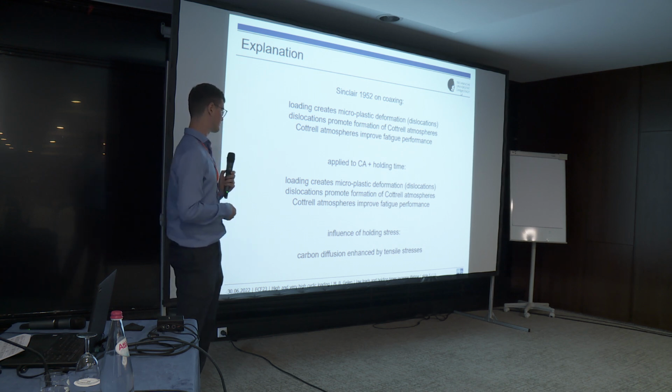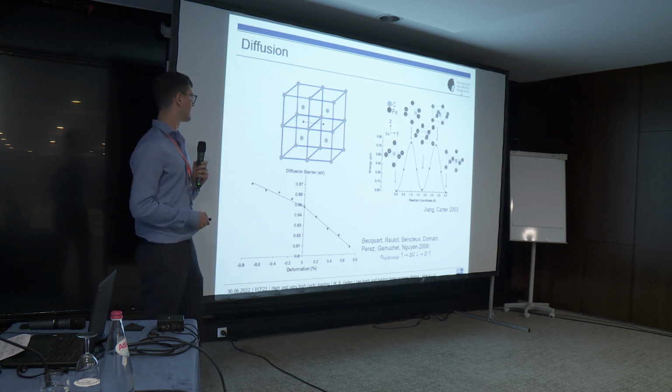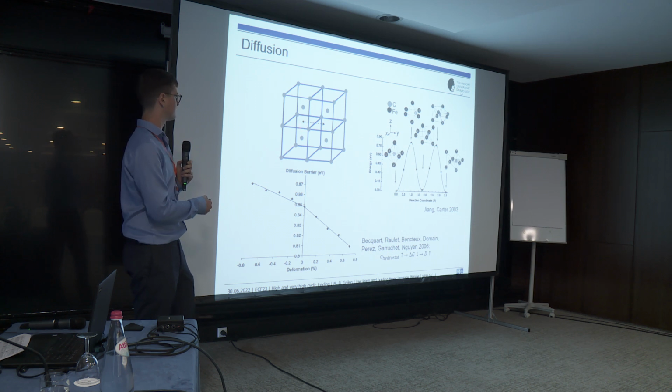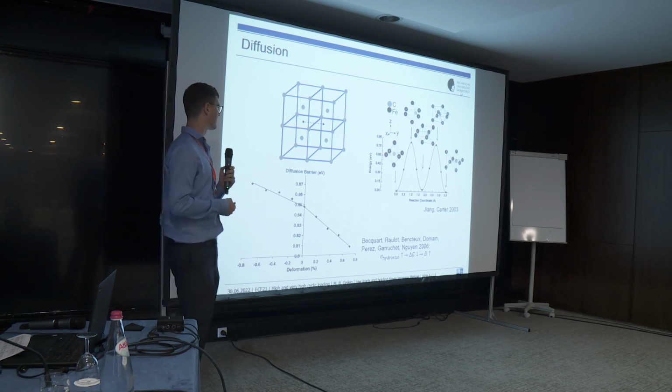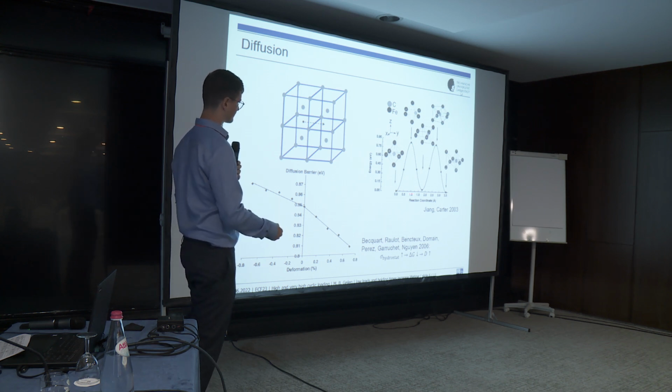However, newer research has shown that we do get an influence, especially of the hydrostatic stress, on the diffusion behavior. Here we see 4 unit cells of a BCC crystal, and here we have a carbon atom that is supposed to diffuse from here to here. And then this path relates to this path, and as it passes through this path, it has to pass an